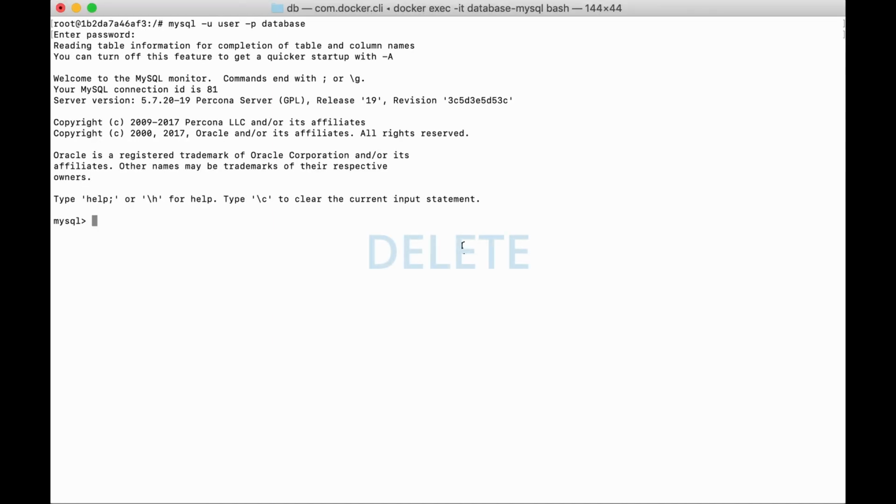How to delete? Let's try. In MySQL we use the statement delete. Let's delete a user without a player.